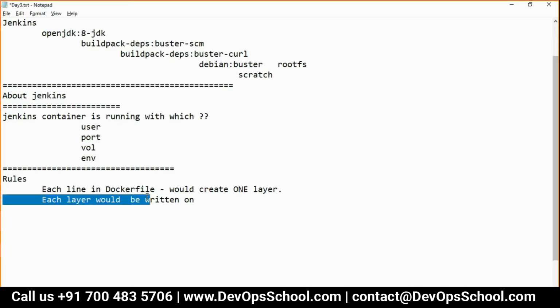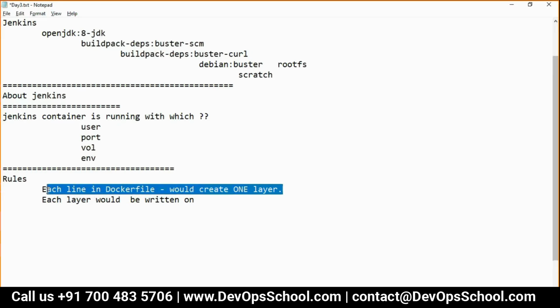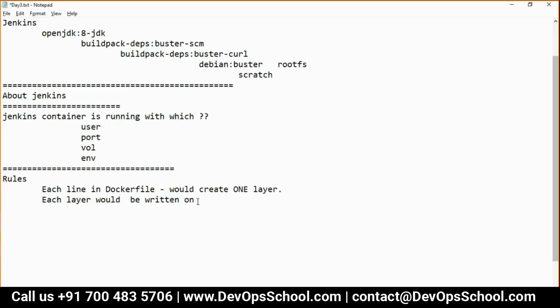Each line in a Dockerfile would create one layer, and each layer would be written on layer 0, each layer would be written separately and alone.